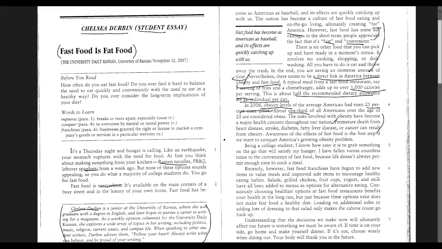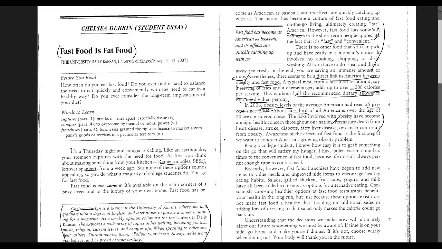Premature death from heart disease, stroke, diabetes, fatty liver disease, or cancer can result from obesity. Awareness of the effects of fast food is the first step if we want to conquer America's growing obesity problem. Being a college student, I know how easy it is to grab something on the go that will satisfy my hunger. I've fallen victim countless times to the convenience of fast food, because life doesn't always permit me enough time